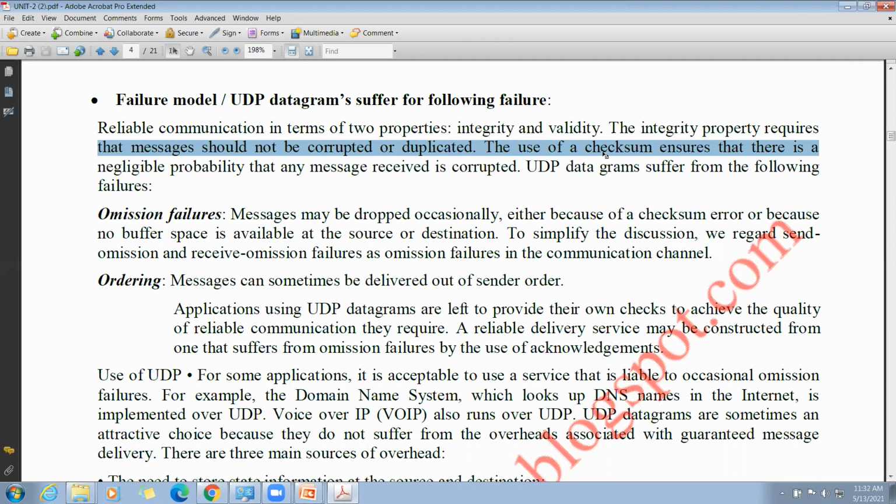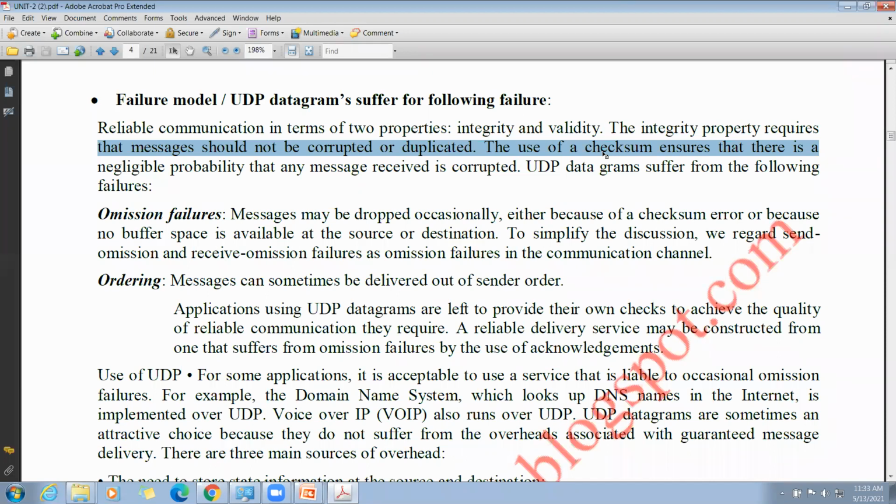Next, coming to receive omission failure, the message which I want to send you, I kept in my outgoing queue. From my outgoing queue to the transmission medium, it reaches you. It needs to reach your incoming buffer.